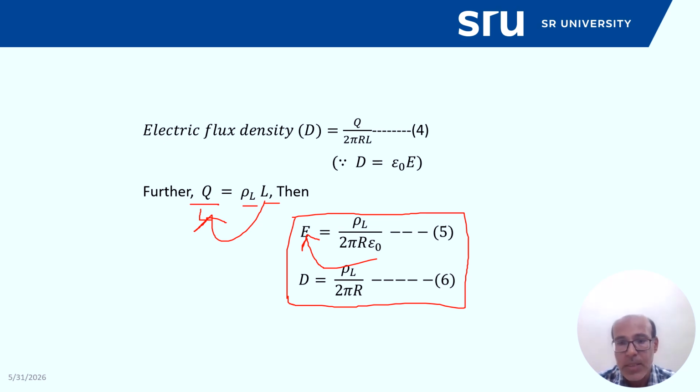Essentially what matters is how much charge is present per unit length. So compared to the point charge, what is the difference you observe? Point charge means you write Q, but line charge means you will write rho L. Therefore, we have converted Q in terms of rho L. That's the first change. And second, we have considered the cylindrical Gaussian surface, which is different from the